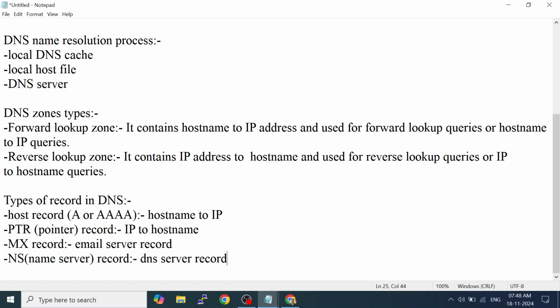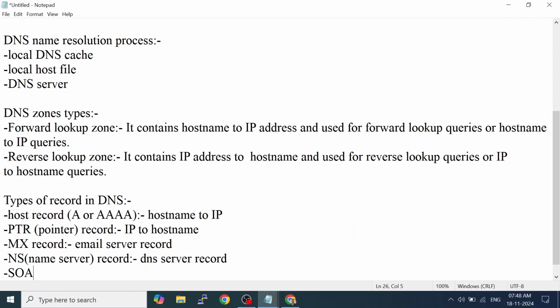I have not written DNS server with IP address. Name and IP address will be added in the host record and pointer record. Only in these records it will map who is the email server, and that mapping will point towards the host record. Understood? So that will be done here while creating the NS record.